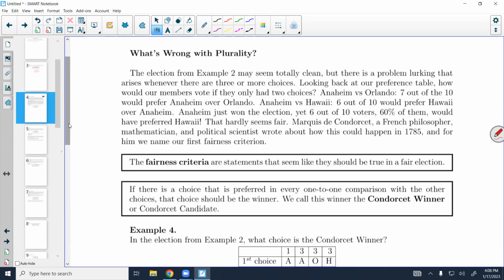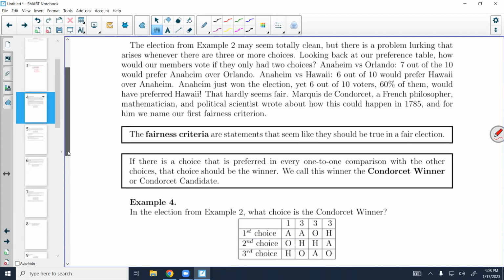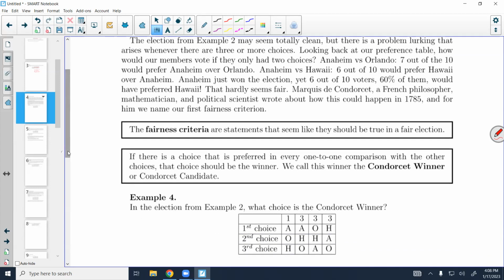are 3 or more choices. Looking back at our preference table, how would our members vote if they only had 2 choices? Say Anaheim versus Orlando. 7 out of 10 of them would prefer Anaheim. I think we have this down here. Yeah. So if we didn't have Hawaii,